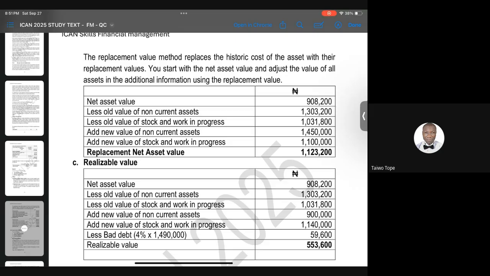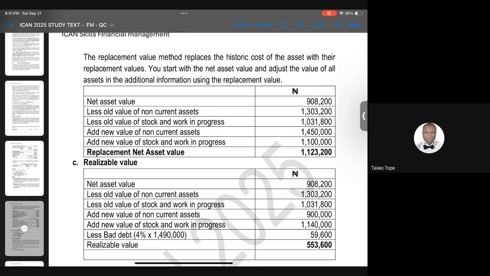So the asset-based approach has three methods: book value, replacement value, realizable value. Some authors can go further to include liquidation or break up value. Just for knowledge, it is just an addition, it is not in your book. Yes, they can go ahead to talk about liquidation and break up value. Because I know so many people can go and read and say, but you didn't. I'm being guided by what is in the syllabus. Yes, that is it.